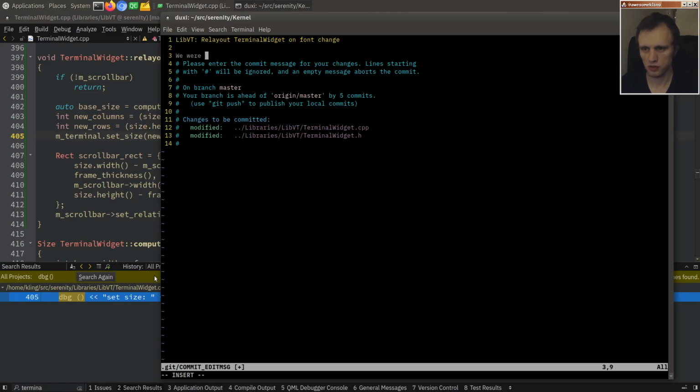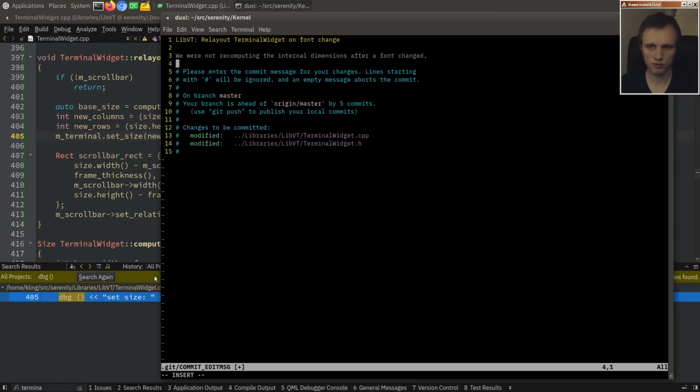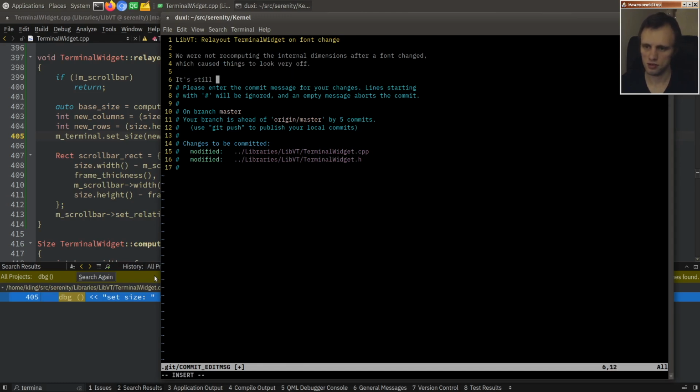We were not recomputing the widget dimensions, the widget internal dimensions, after a font changed. Things looked very off. It's still not perfect